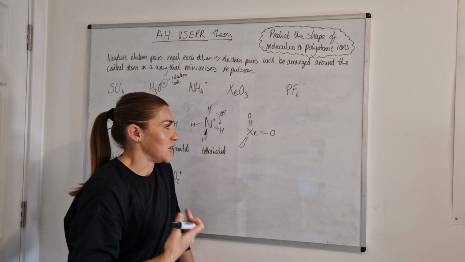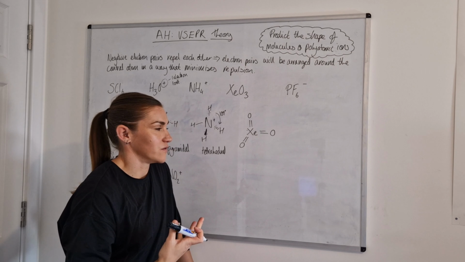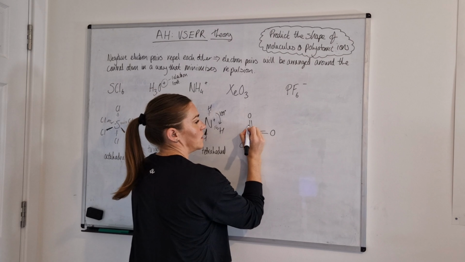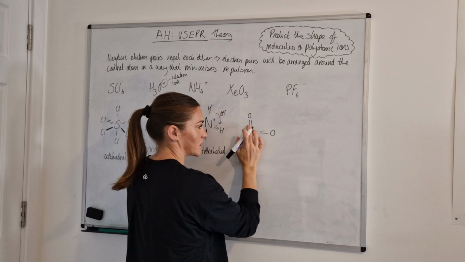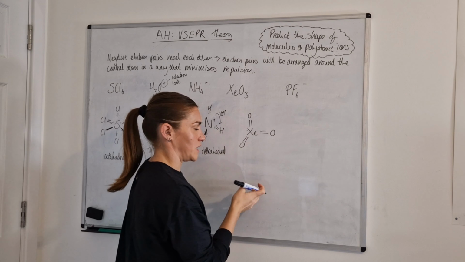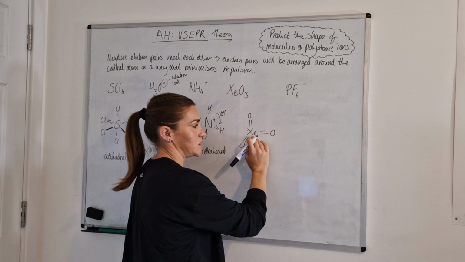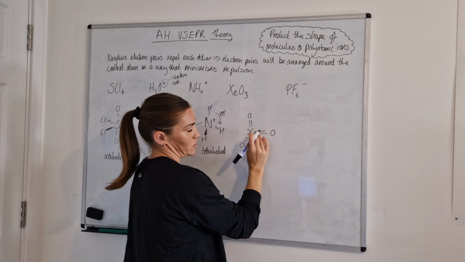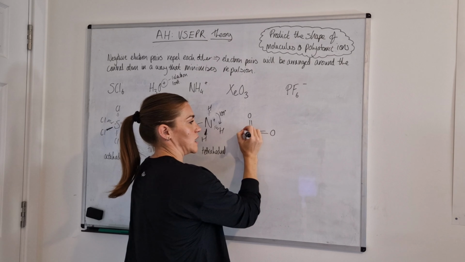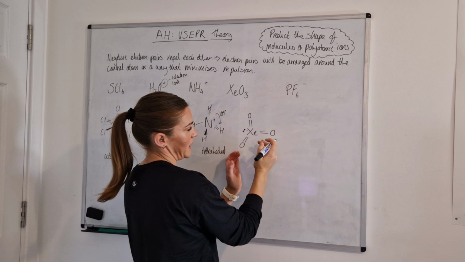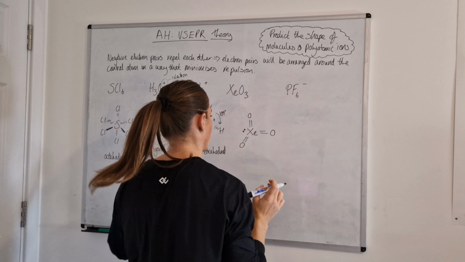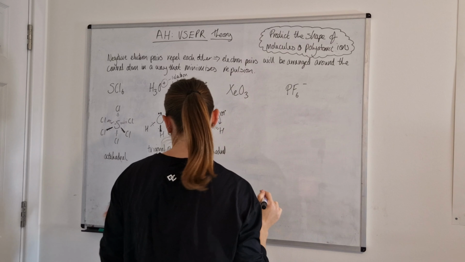Xenon is in group 8, which means it has 8 valence electrons. It's made 1, 2, 3, 4, 5, 6, so that means there's 6 bonding pairs. 6 of those electrons have come from the xenon, so that means it's got 2 left, so it would have a lone pair. Now that lone pair is going to repel things, so if I redraw this, it's going to end up with,